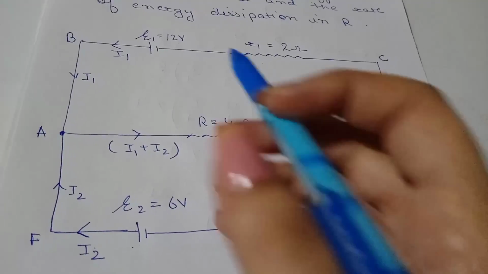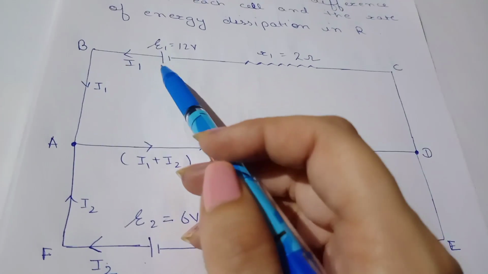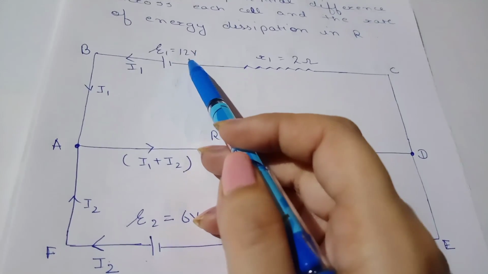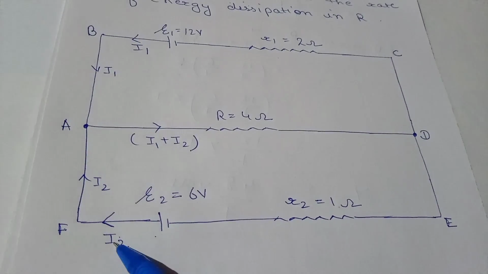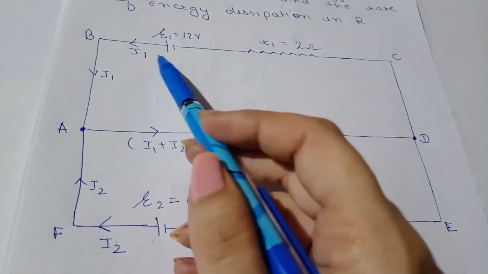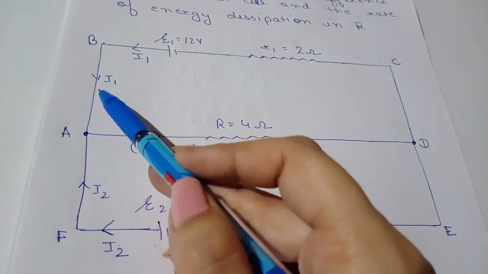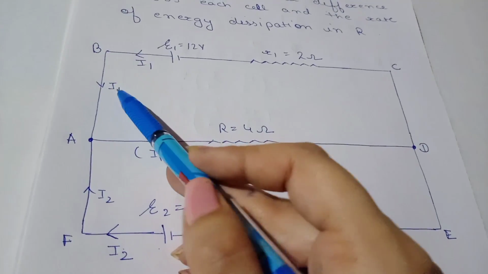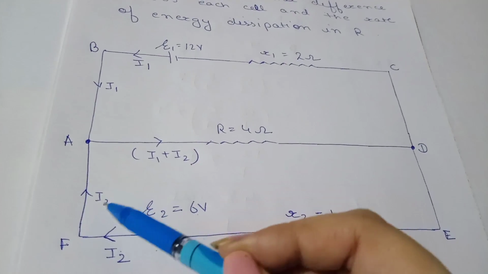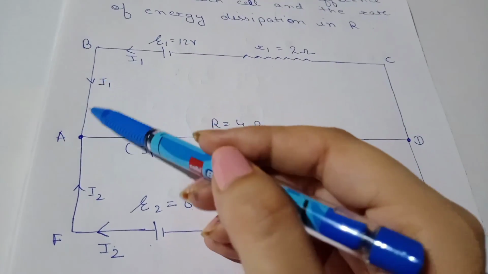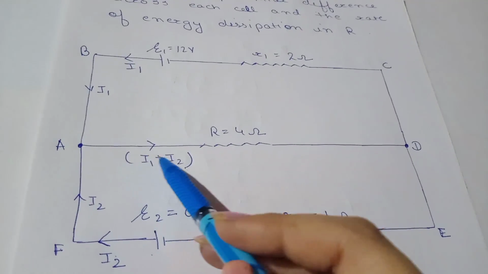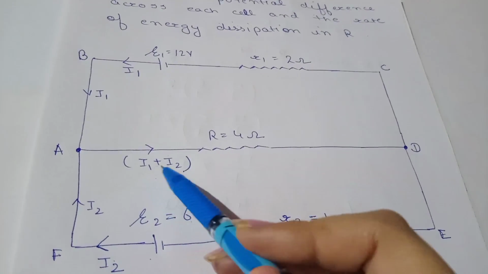We will draw the current. So I'll draw the current I1 from this cell E having EMF 12 volt, and I draw the current I2 from the cell having EMF 6 volt. Okay, तो यहाँ से मेरा करंट I1 आ गया, एंड here also it comes out to be I2. तो अब यहाँ से I1 आ रहा है और यहाँ से I2 आ रहा है. They both combine and go in this branch. Okay, I1 plus I2.